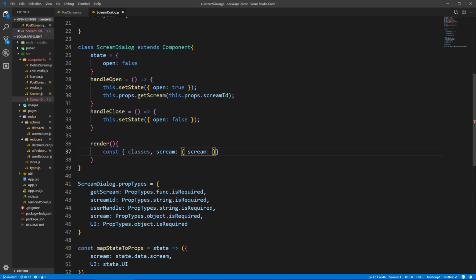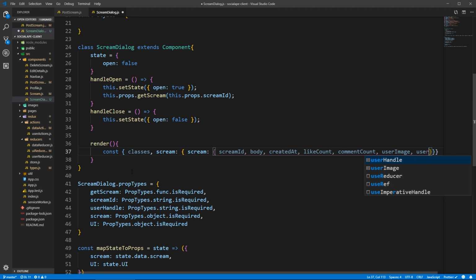So here from scream we're gonna get everything. So scream ID, we need the body, we need the created at, we need the like count, we need the comment count, even though we're not gonna use all of them in this video, but let's get all of them anyway. We need the user image, we need what else, user handle,